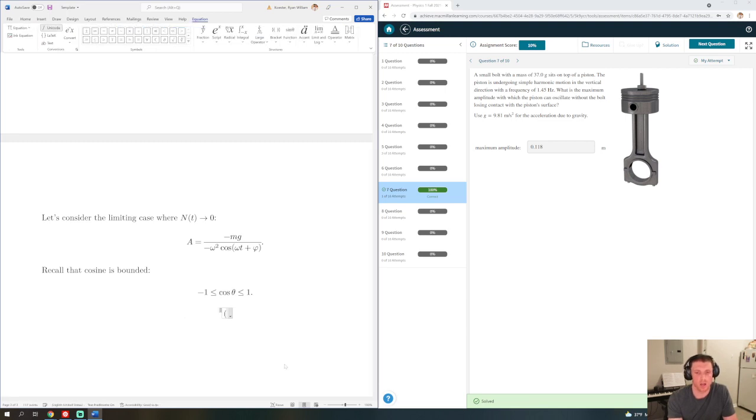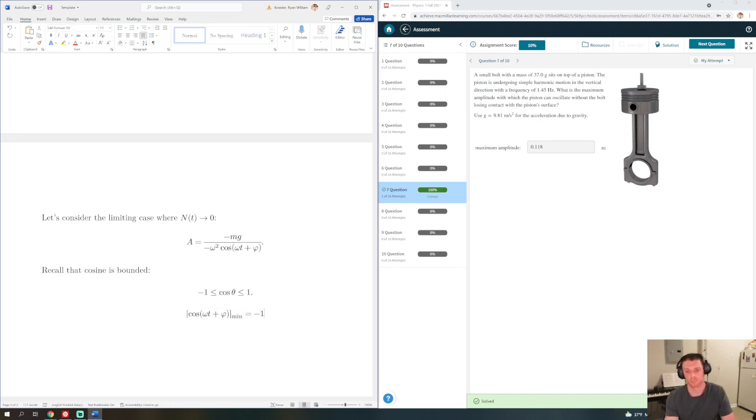We could write cosine of omega t plus phi, the minimum value of it, equals -1, right? And so the minimum value of this cosine function is going to correspond to the maximum value of A. So what we would find is that A max equals -mg over,